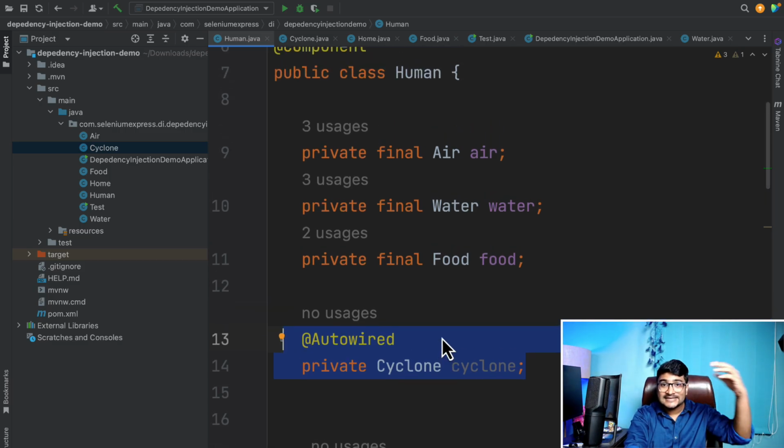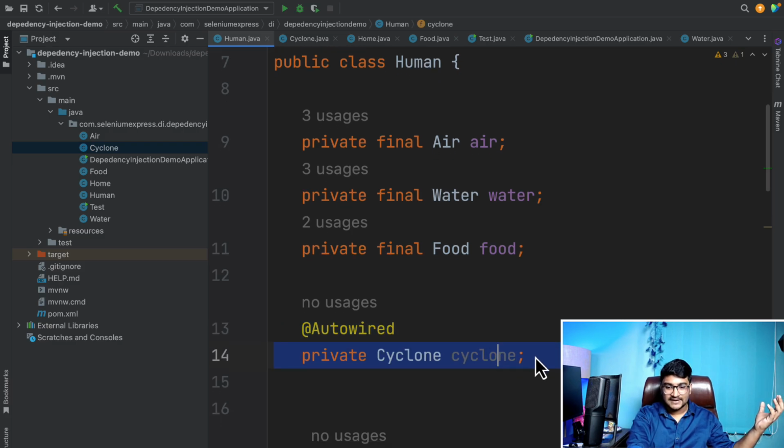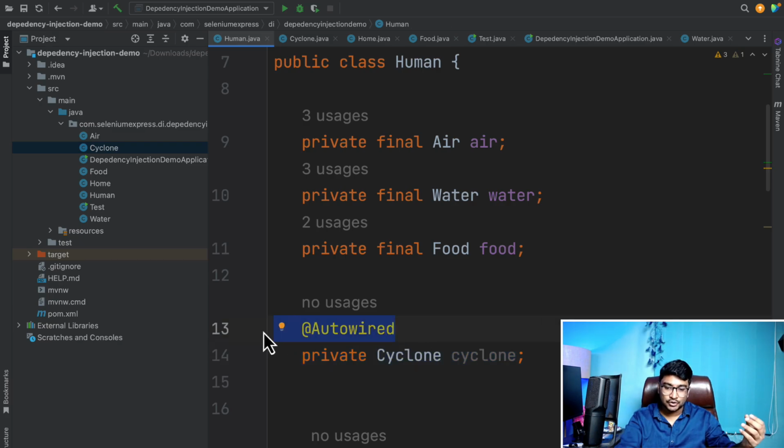But you might see in your project people do this kind of thing. Maybe they will have hundreds of dependencies and they will just simply use @Autowired to do the field injection. And if you're gonna do a field injection like this, or if you're gonna even create a setter for the Cyclone